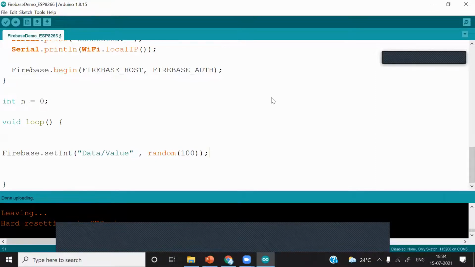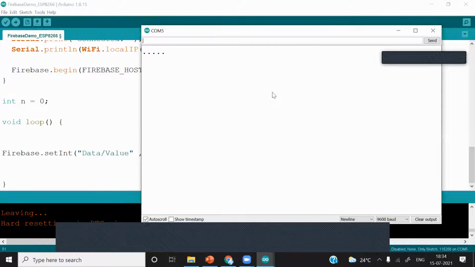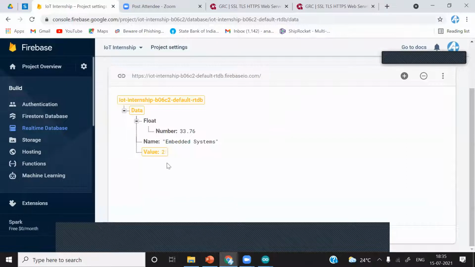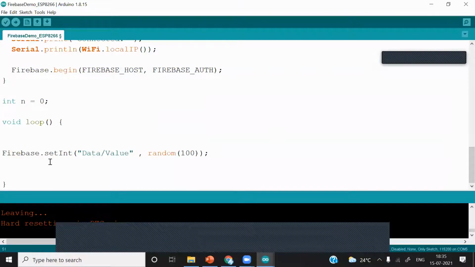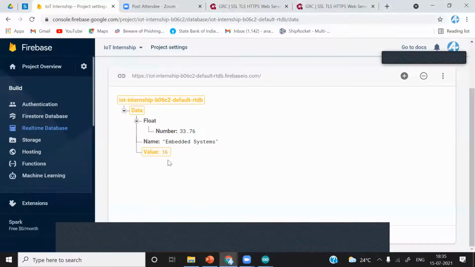We'll just check if it connects with the mobile hotspot. Okay, it is connected to mobile hotspot. Now we'll check this and see it is changing. We have not put any delay, so that is the reason it is changing so fast. If you put some delay in the void loop, it will change slowly. It depends upon your code.